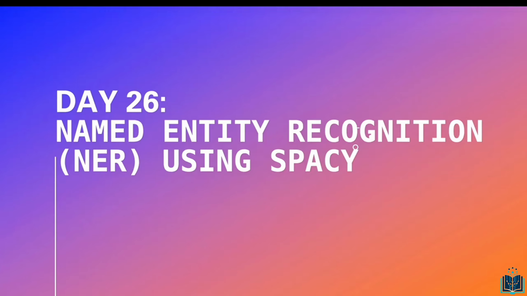Day 26. Named Entity Recognition (NER) using SpaCy. This project demonstrates how to extract and classify named entities such as people, organizations, locations, dates, and monetary values from text using SpaCy's pre-trained language model. It processes sample text, and that's what we'll be doing, and identifies relevant entities and visualizes them using SpaCy's displacy